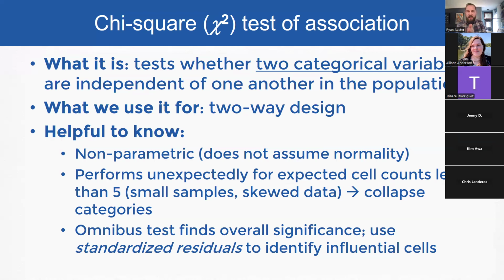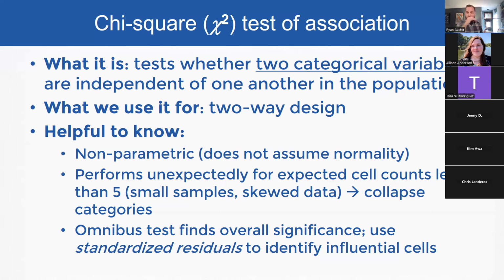Okay. So chi-square test of association. As I mentioned, there is a chi-square goodness of fit test that matches categorical distribution against known population parameters. Again, goodness of fit could be testing race and ethnicity in your COVE sample to your local area census data. That would be a good example of goodness of fit. Test of association is going to bring that to the next level where we're looking at some categorical data against another categorical variable. So it tests two categorical variables and asks if they're independent of one another in the population.